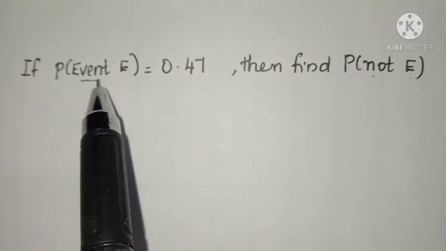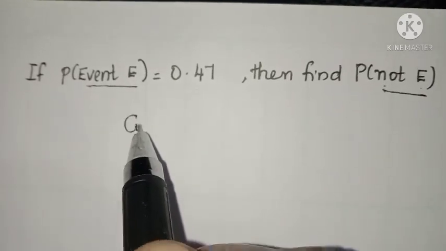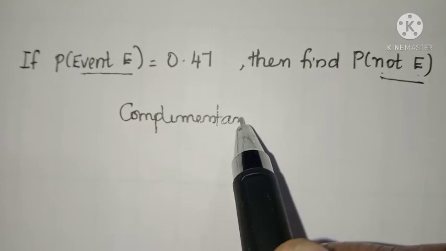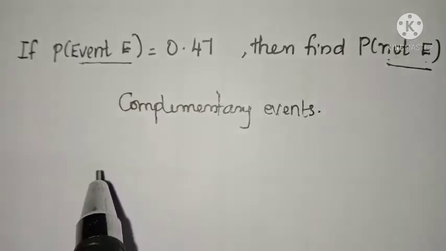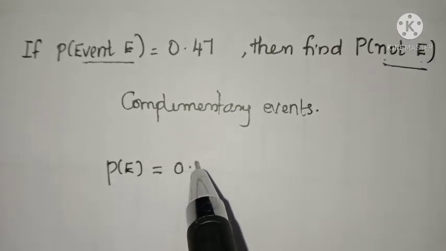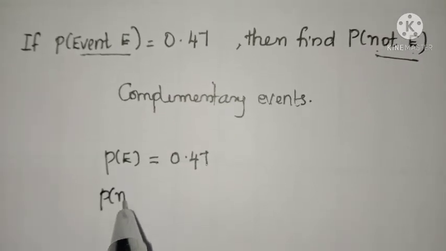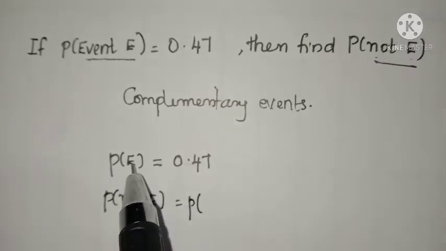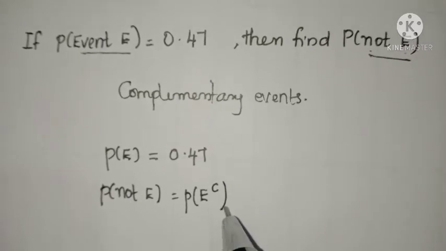So listen, event E and not E, both are complementary events. Complementary means opposite to each other. So P of the event E is given. P of E is 0.47. So P of not E, that is P of complement of the event E, denoted by E complement, is